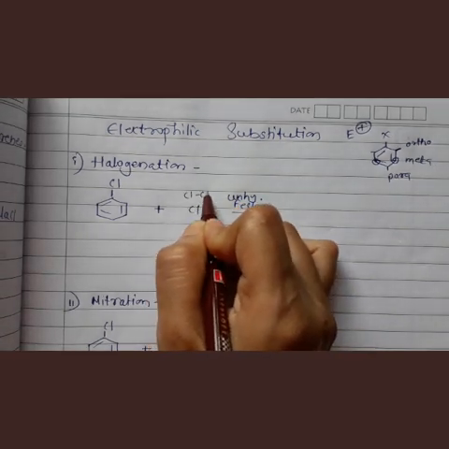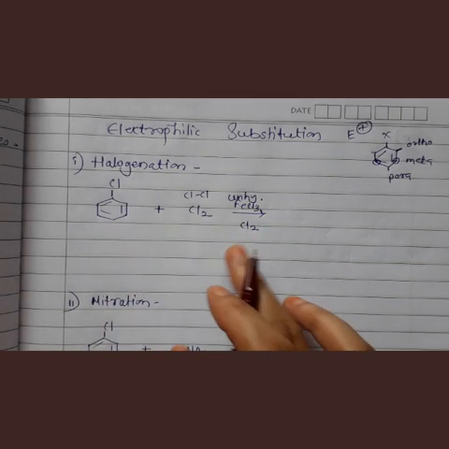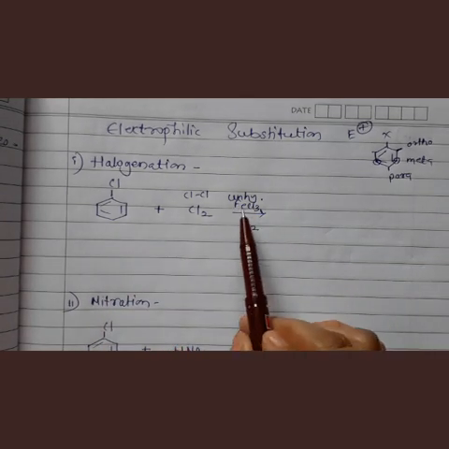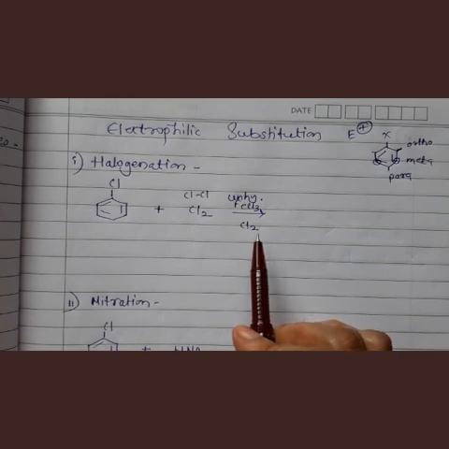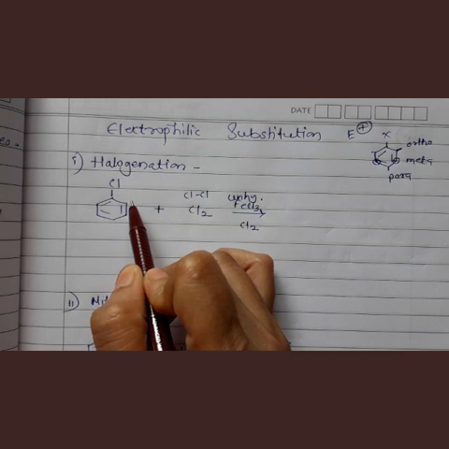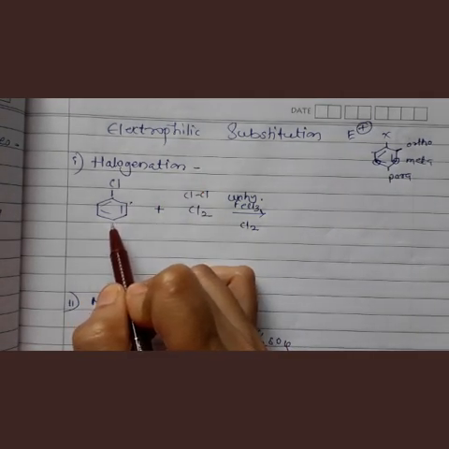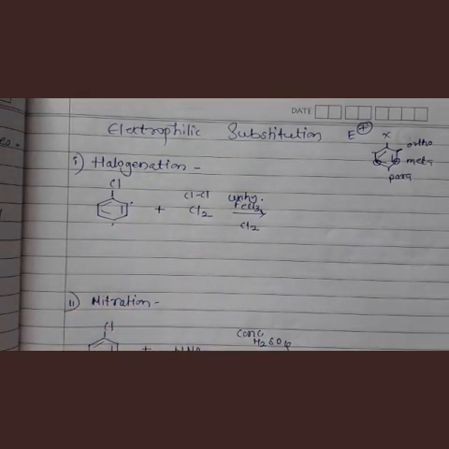Okay. Now Cl2 means Cl is there. One is positive, one is negative. Okay. Now here electrophilic attack we have to show. And this reaction takes place in presence of anhydrous ferric chloride and in presence of chlorine water, Cl2. Okay. So see what happened over here. One attack will take place at this position, ortho position, and one product will form with attack on para position. So here we will get two products.